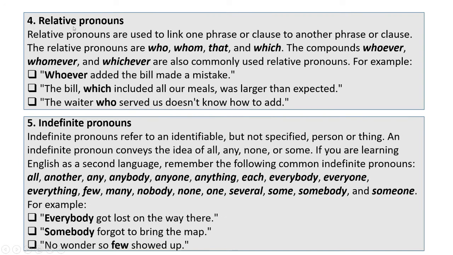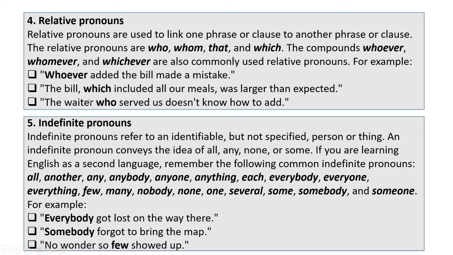Number 4 is relative pronouns. Relative pronouns are used to link one phrase or clause to another phrase or clause, and the relative pronouns are who, whom, that, and which. The compounds whoever, whomever, and whichever are also commonly used relative pronouns. For example, "Whoever added the bill made a mistake." This one is who with ever added, and that's why we call it a compound